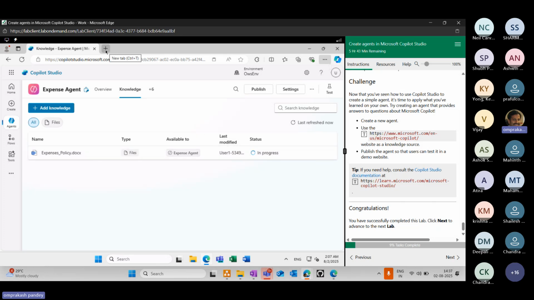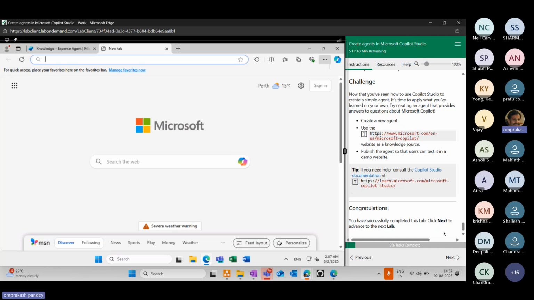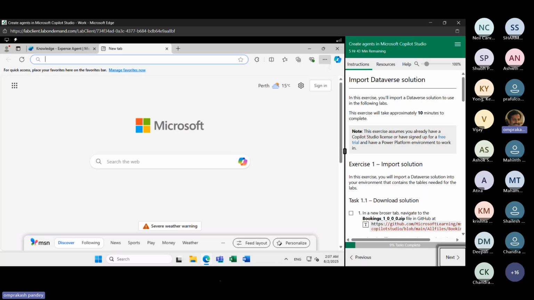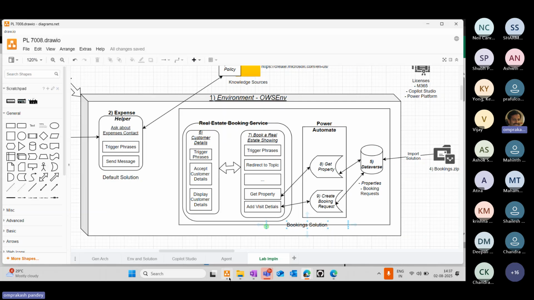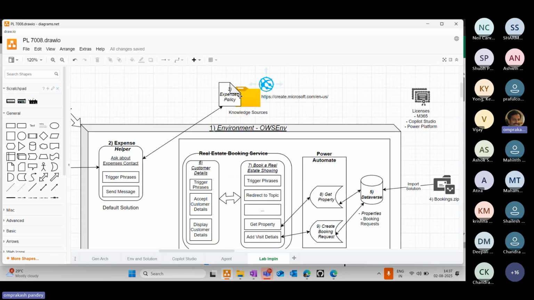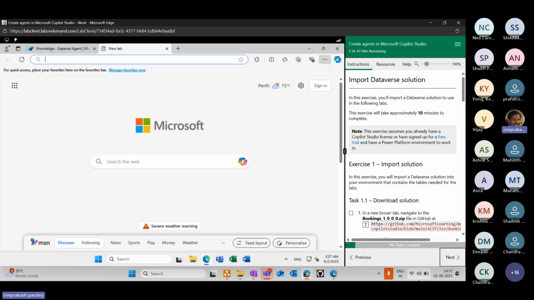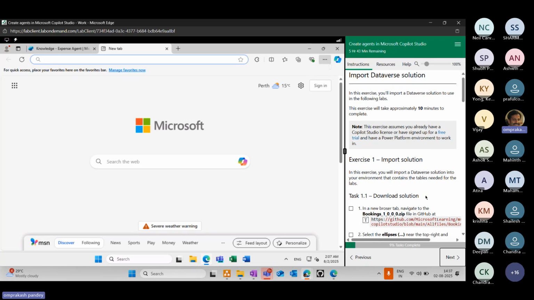I'll take a new tab and go to the next environment. Okay, now people might be surprised, what am I doing? So guys, here we are, expense helper. We have connected to the knowledge source. This is step number 3. Step number 4 over here is importing a solution, bookings.zip. Correct? So when I click on next here, what I am trying to do is importing a solution,